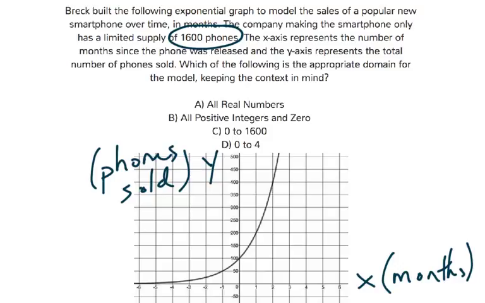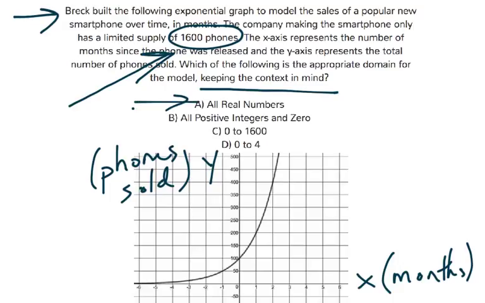Okay, so remember, we're going to try to keep the context in mind, and that means that we need to take all these things into account. We need to take this limited supply into account, and we need to take just overall what the graph shows into account. So we have a few options here: all real numbers, all positive integers, and 0, 0 to 1,600, and 0 to 4. Well, if you only have 1,600 phones, right, and the phones sold is the y-axis,